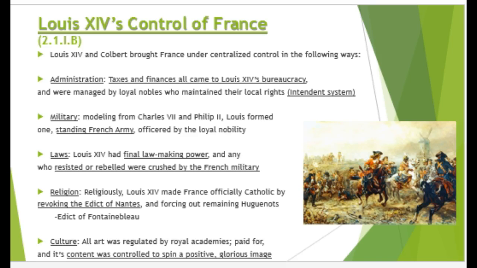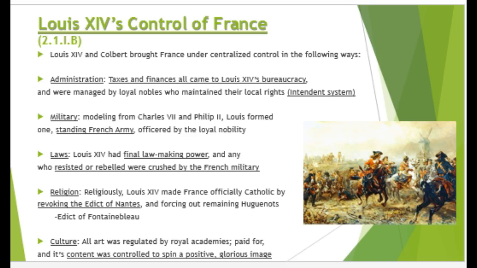The overall results of this were mixed. Yes, religious unity was temporarily achieved, but it was at a severe economic cost. That's because about 200,000 Huguenots fled France for England, Holland, and even some of the English colonies in North America. So again, they're going to help those areas industrially and economically, while France will be left struggling to deal with their crisis after the wars of Louis XIV, and the Huguenots will later give a lot of support to the Enlightenment and its ideals of religious tolerance.